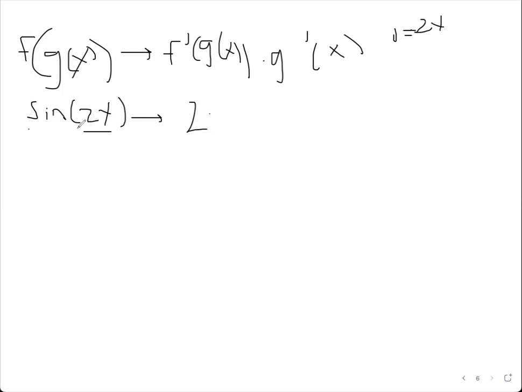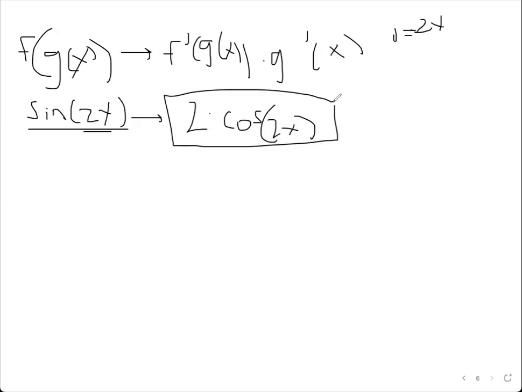You're taking the derivative of sine of u with respect to u, which means the derivative of sine is cosine, so it's cosine of u. And u we can replace now with the original function 2x, which means the derivative of sine 2x is 2 cosine 2x. I think another example would be very helpful. Let's say we have 4 cosine x